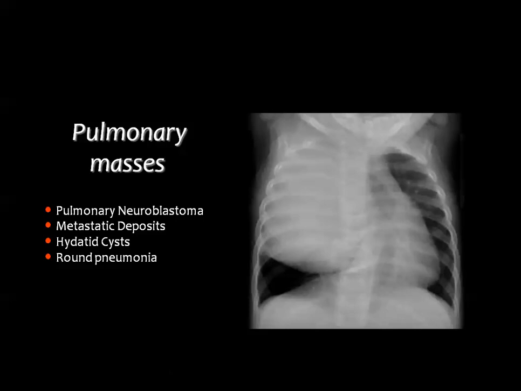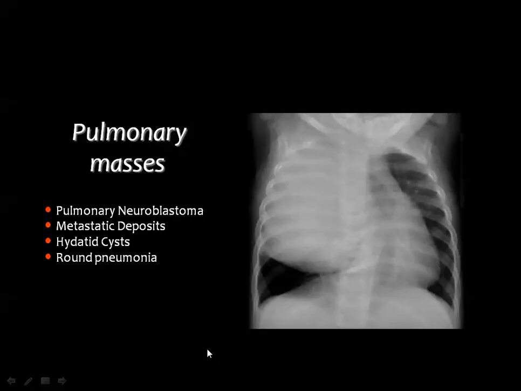One of the policies in order to reach the differential diagnosis is just to try to know if this mass is containing fluid or not. Because if it is containing fluid, it will be a large hydatid cyst. But if it is solid, and you think of pulmonary neuroblastoma, then